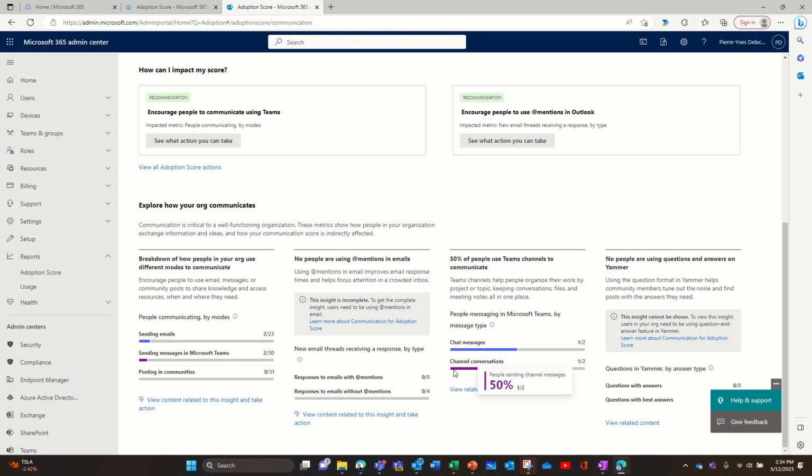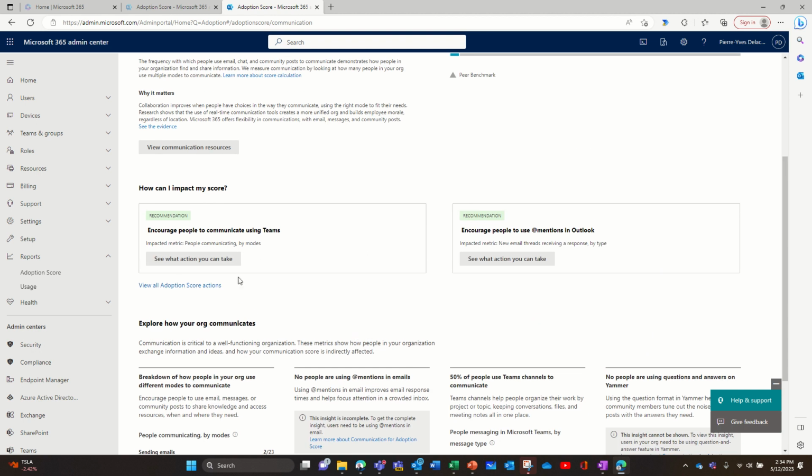So here it's strange because usually you have way more chats and channel conversation, but since we're not a lot of people here, it's totally understandable. So, and you have all the signals. But what is really interesting is this new feature. There's some recommendations, and actually it triggers another...